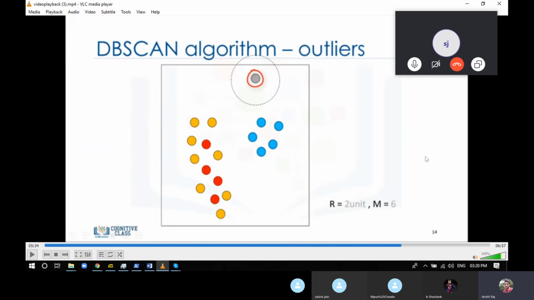So what is the rule of a core? That the minimum number of neighbors should be there or more than that. For a border, fewer than the minimum number of neighbors, but it should have at least one core point inside its neighborhood. If both the conditions are not satisfied, then it's going to be an outlier.